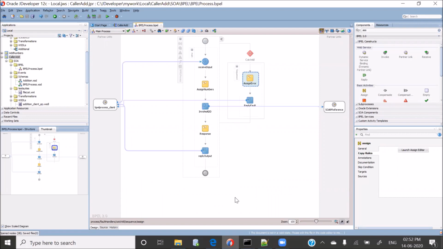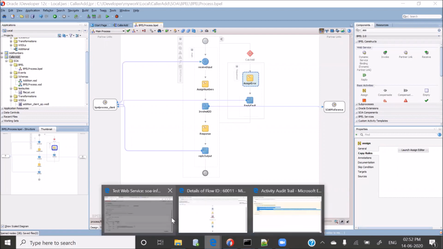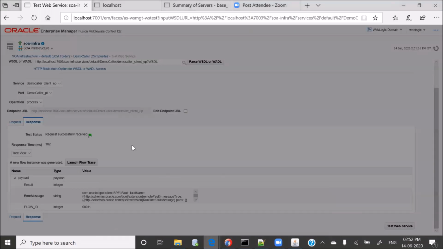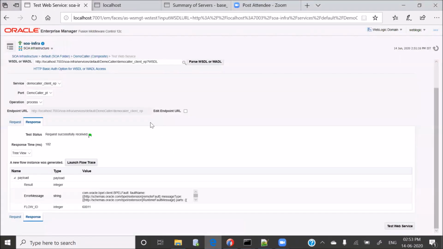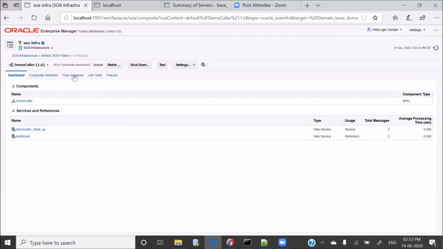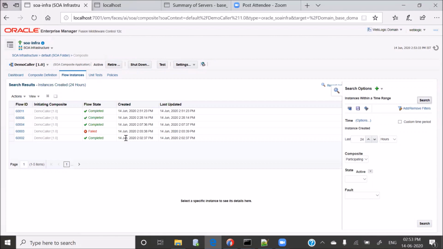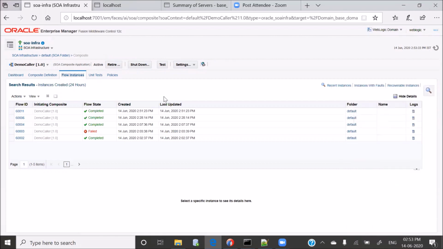What could be another implementation in the project time environment? In the project time environment, nobody likes to come to this enterprise manager again and again. What they want is a way that they should not have to come to this enterprise manager and check the flow instances, and directly come to know what all the errors are and in which particular flow ID. Why am I saying flow ID? Because let's treat a real-time scenario. In the real-time scenario, no one is going to come to enterprise manager and test your composites. In the real-time scenario, the composites will always be scheduled.